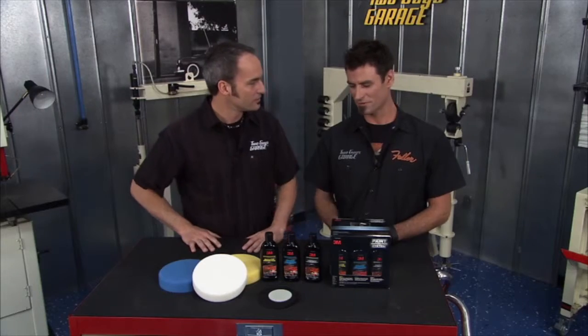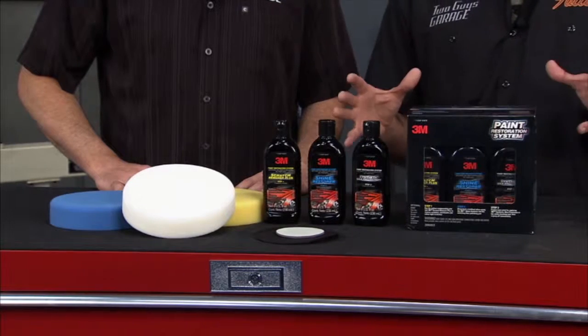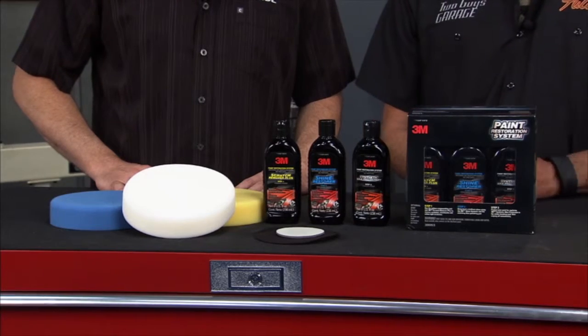Now, it's a 3,000 grit eraser, so you sand down those minor imperfections and then start with the 3 steps. And like I said, it's all in this one kit, so if you don't know what you're doing, it's all here. And anybody that works on their car has a 6-inch orbital, so that's a piece of cake. And again, that's from 3M, their paint